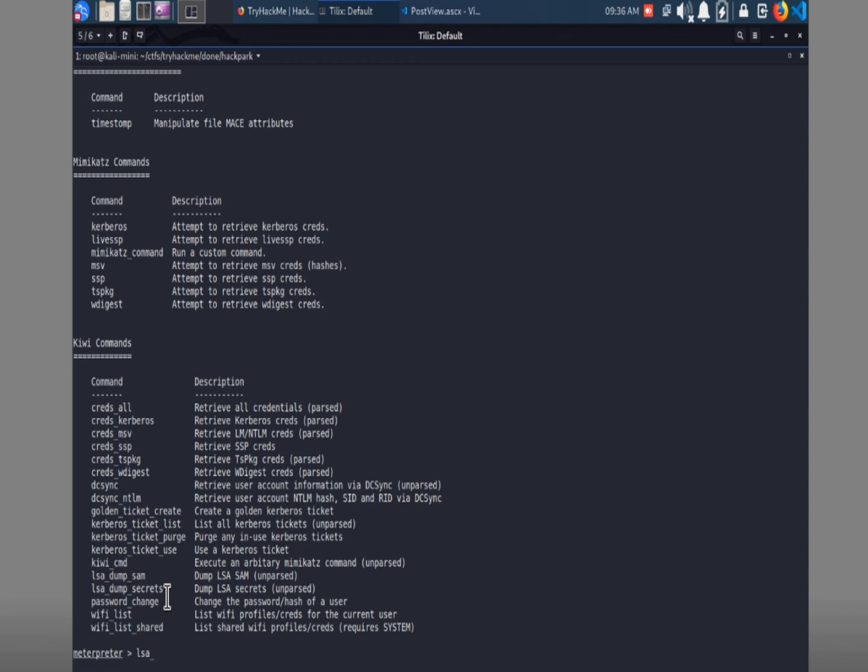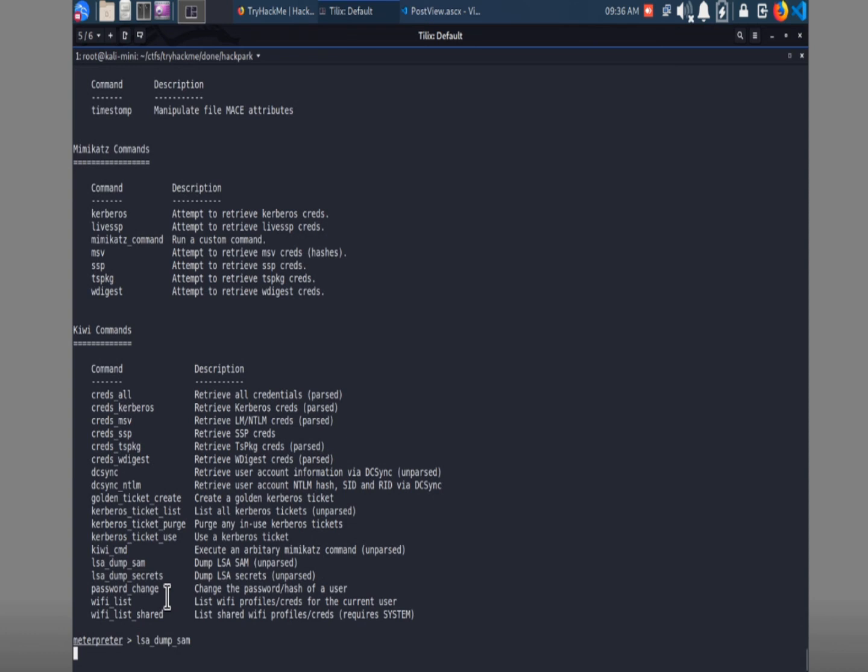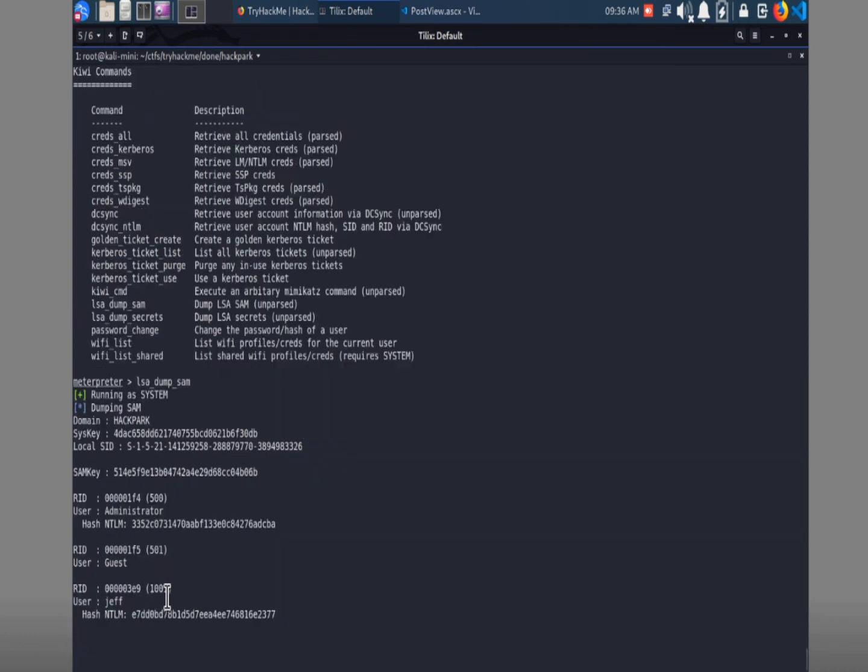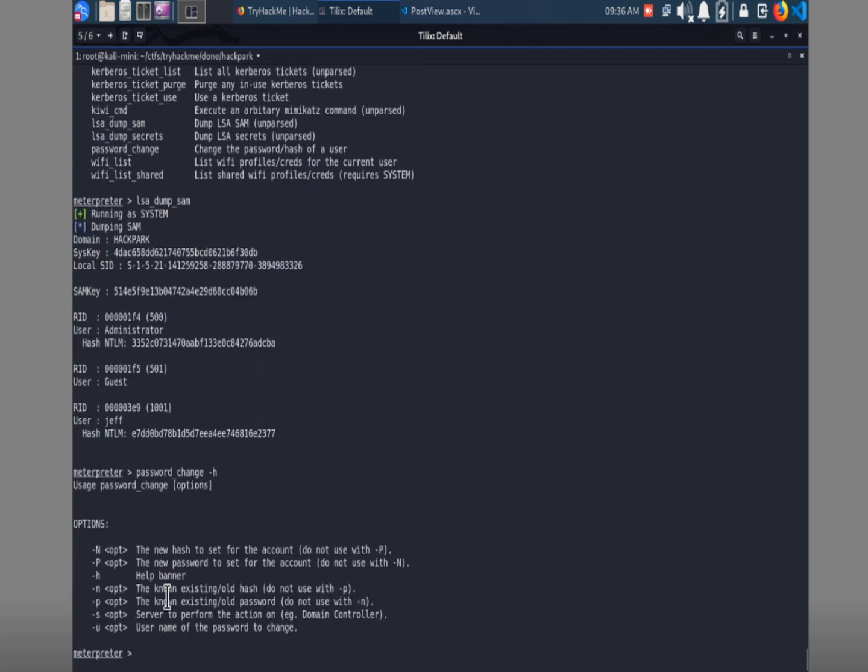We can do, let's say, dump SAM. It's just going to dump the SAM. All right, that's fine. So let's just change the password. Let's change the password of the user. Let's see what we need to do for this one. New password to set for the account. So we need to do a -P, capital P, and then a -U. So we're going to do -U administrator, and dash capital P, and we will do